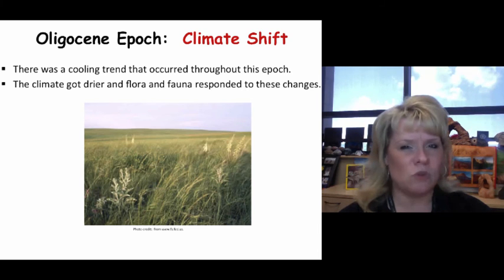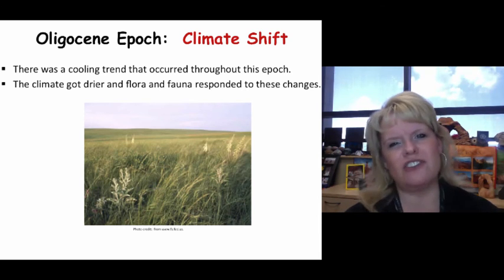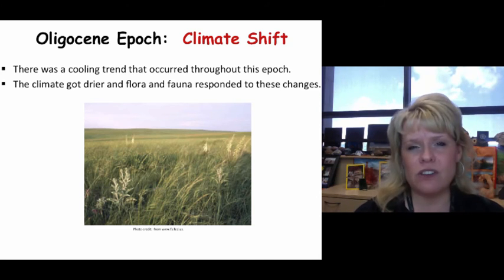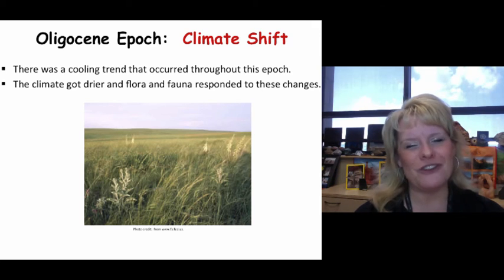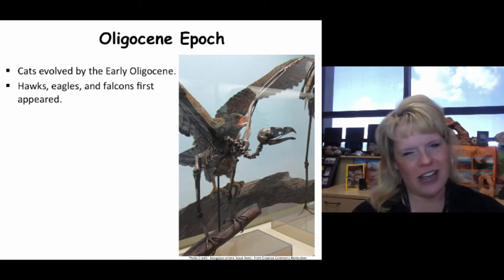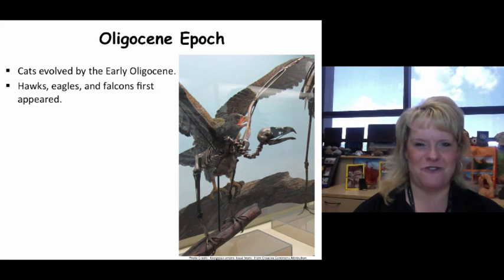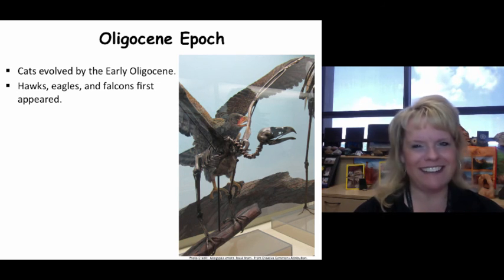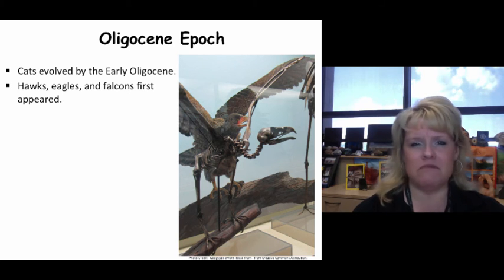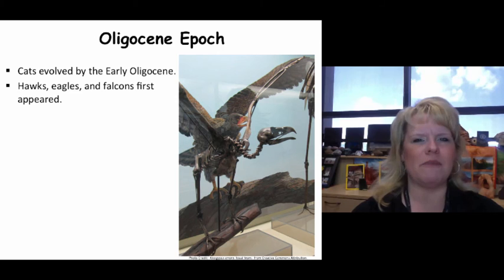So plants and animals are going to shift along with that and adjust evolutionary-wise to fit into these new niches, specifically what's going to start the grasslands era in terms of geologic reign for these mammals. A couple of things I think are noteworthy about the Oligocene epoch: one is cats evolved during the early Oligocene. That's an important noteworthy thing, right? Hawks, eagles, falcons, a lot of your raptors appeared during this time. So birds continued to evolve and radiate, but we know by now we definitely had these organisms in place.